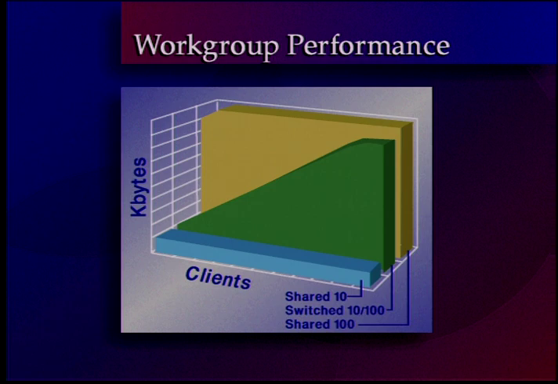However, in the switch scenario, as you can see, if there are more nodes running the benchmark, because the server in that scenario is connected via 100 megabits, then the performance of the workgroup goes up and up and up until it finally consumes the entire 100 megabits available to the server. This shows the tremendous performance difference between repeated and switched workgroups.